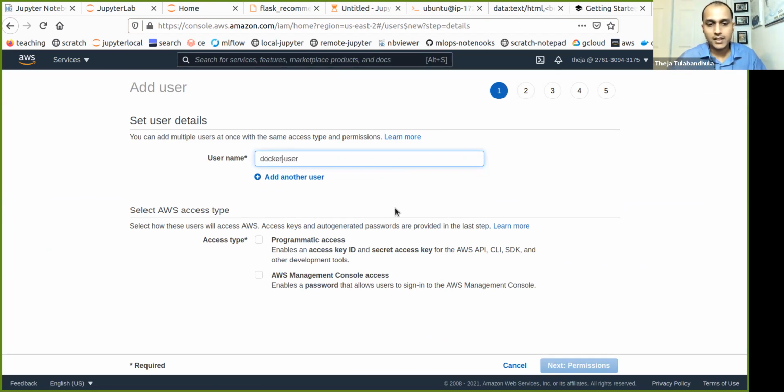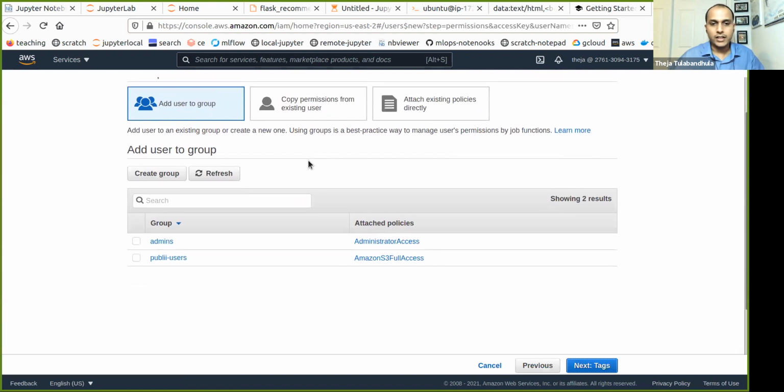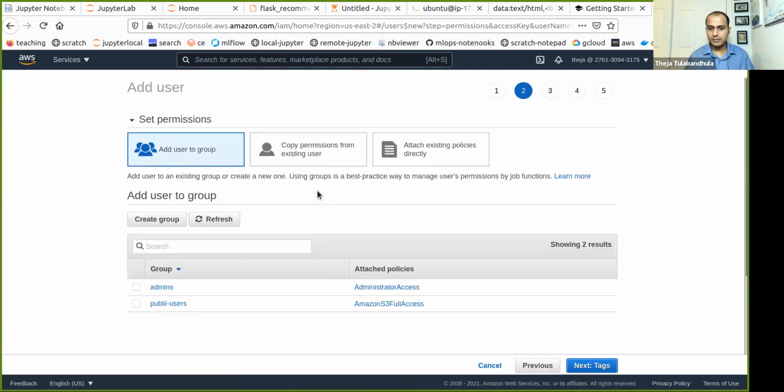Docker user. Access type is programmatic access. So what we did is, hey, this person is not a real human, so it has to be some sort of an access key through which programs can access my AWS resources. And then we need to attach some existing policies.